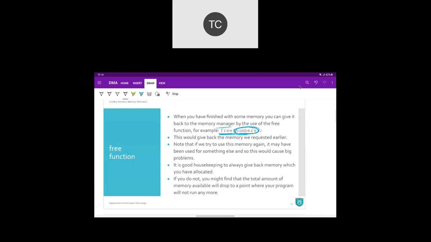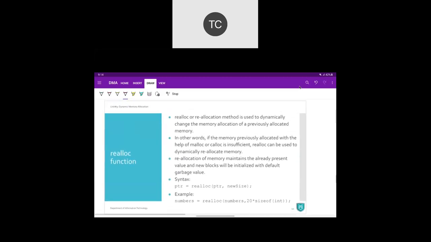So that's free, and the one remaining is the realloc function. Let us have a look at realloc, and then we'll see the program also. So, reallocate. Probably you have allocated a memory using malloc or calloc earlier, and at that time you were sure that I'll be done with 10 elements.